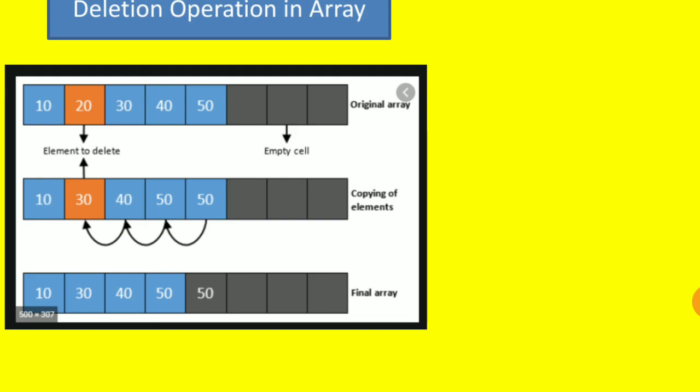We are not removing that position. We are removing an element. How are we going to remove it? That 30 is brought into the 20th place, 40 is brought into the 30th place, and 50 is brought into the 40th place. Correct. We have removed 20 from the existing data structure.